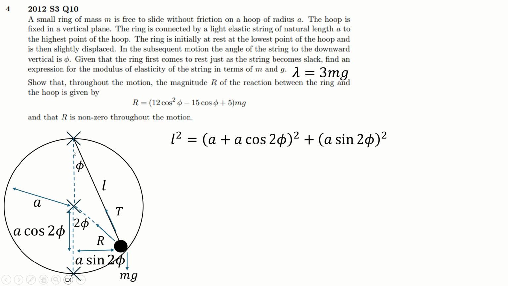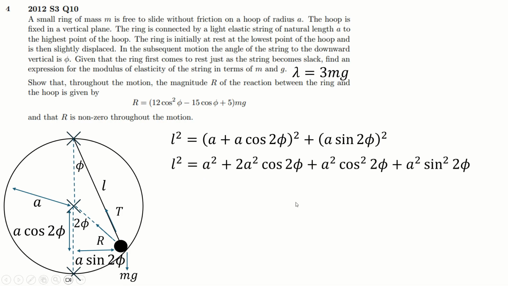Well, we can do some Pythagoras here, right? Because this length is a plus a cos 2 phi. And then, yeah, we can do some Pythagoras. We can expand this out. Possibly easier to just factorize out the a and then use a double angle formula here, but I think eventually I get that done anyway,